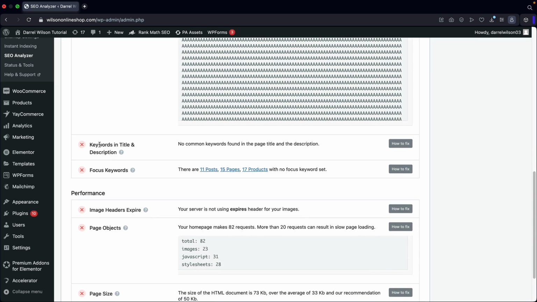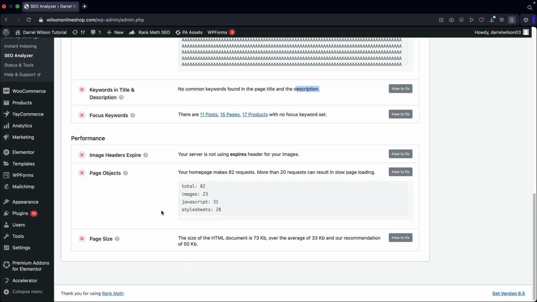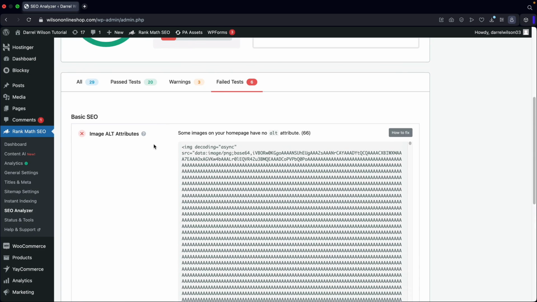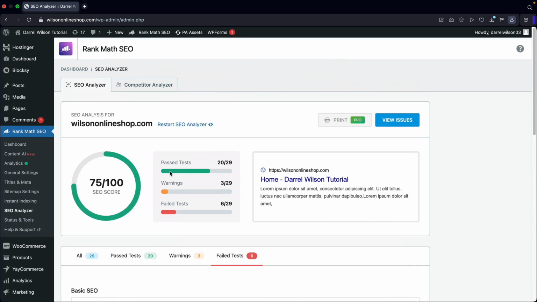And then over here, you'll see we can add in some more keywords, but these are actually not that important. These ones right here, not that important as well. I think most of these are actually not that big, but the only big one I would probably recommend to change is probably the alt attributes. Okay, so now that we have basically learned how to use the analytics and we know about the SEO Analyzer,